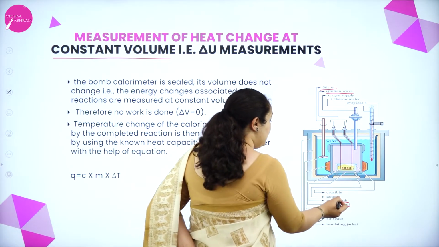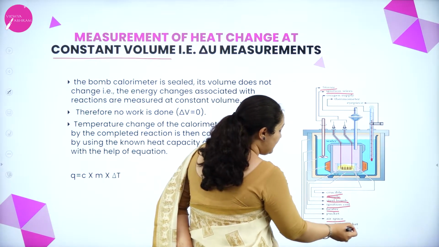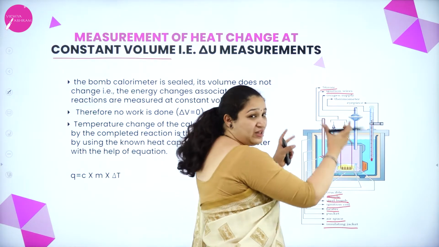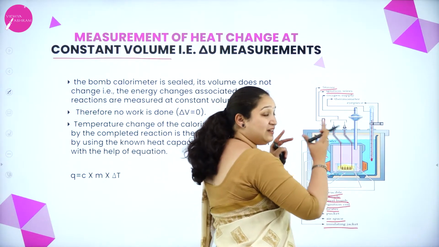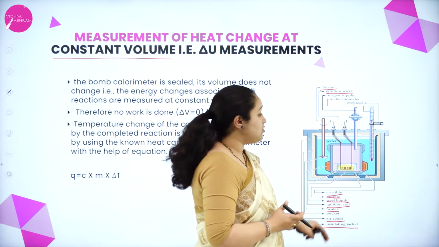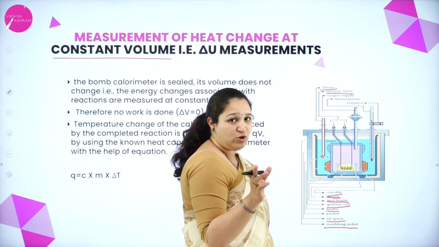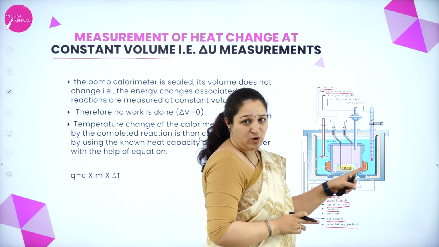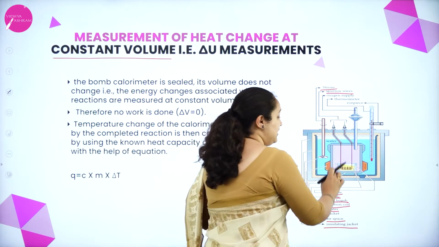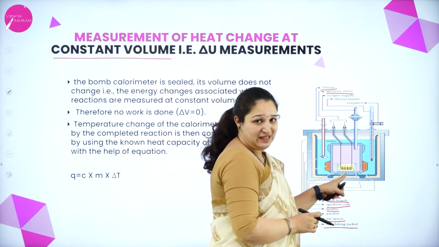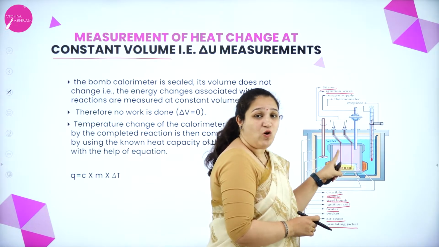Then there's the sample, the crucible, the heater, the airspace, and an insulating jacket for complete insulation. As I told you, the heat should not go outside, so the entire thing is sealed and also insulated. So this is called the bomb calorimeter. Mainly what you have to understand is that this has constant volume, it is completely insulated, and inside we have a heavy duty steel cylinder, and we have taken the combustible sample.